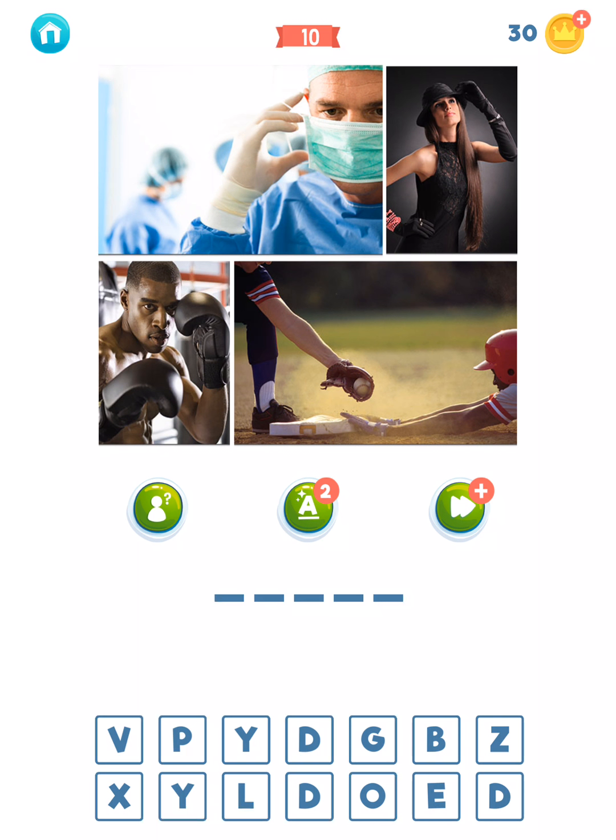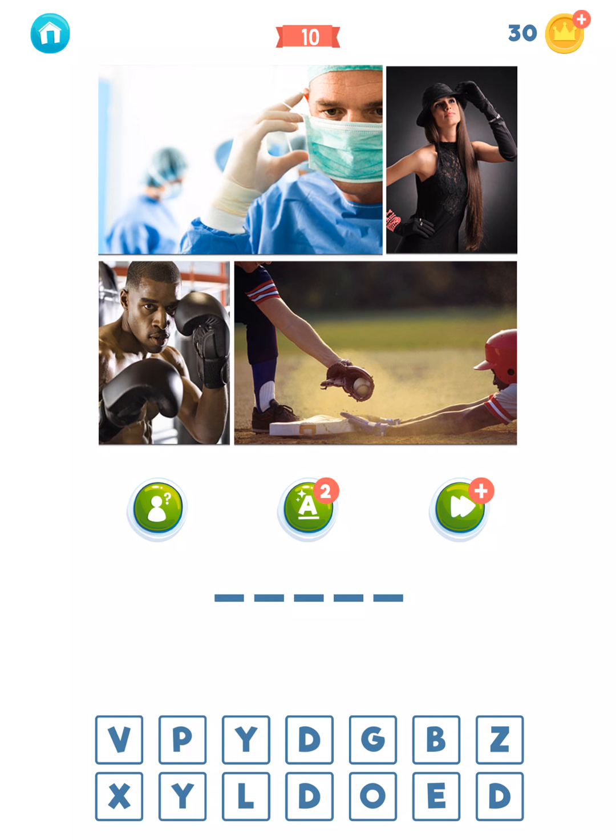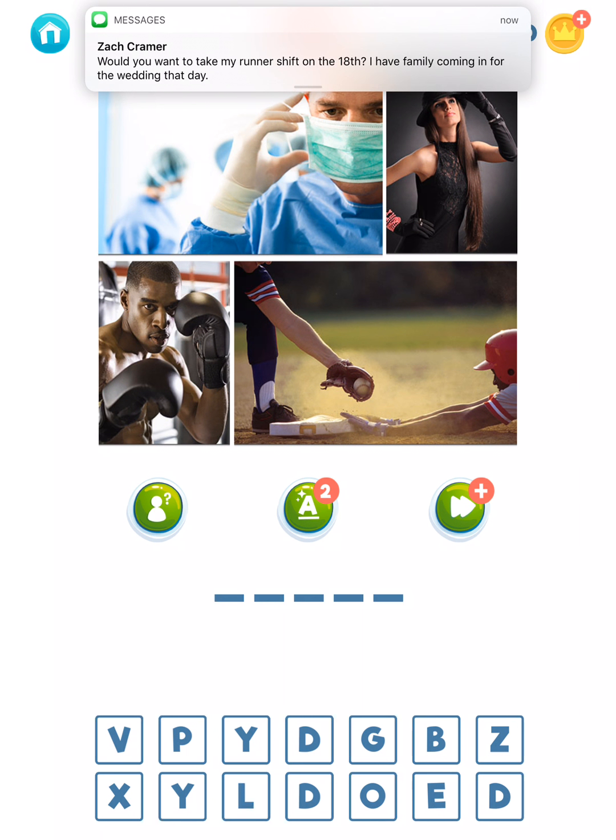I have these three little green buttons right here that I can choose from just under my pictures. The first one, the little guy with the question mark, gives me the option to phone a friend. So that's kind of fun. I'm not sure if you'd use that in class. The little